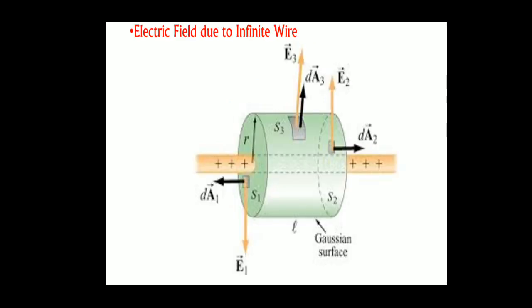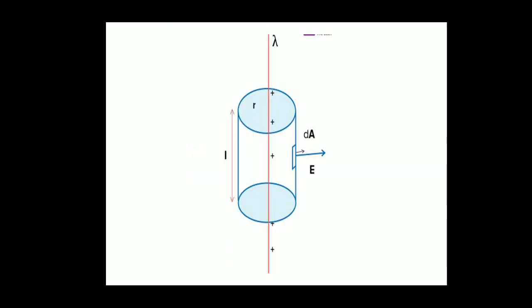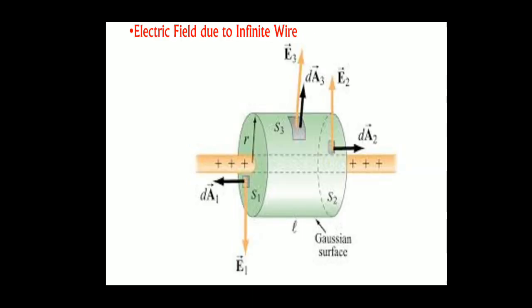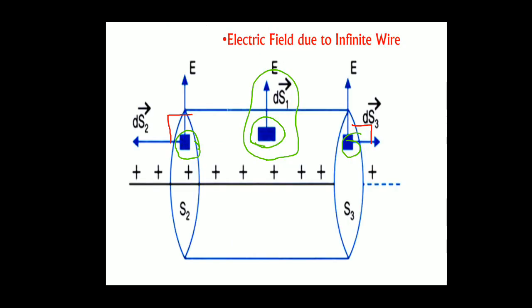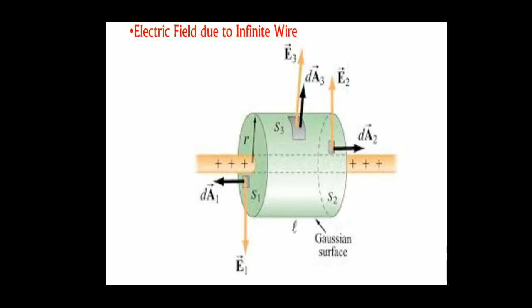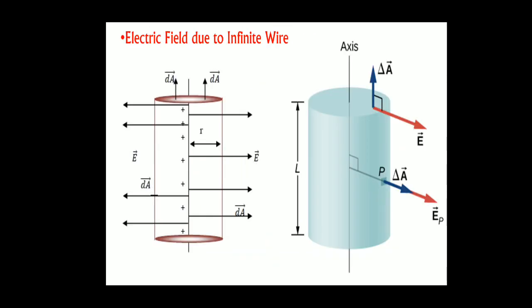In this, the cylinder's length is L, radius is R. Here also it is marked. The length is L, radius is R. According to your convenience, capital L or small l, any one letter, you can follow uniformly. Now are you clear? Now come back to the original diagram. Area and electric field: what is the angle between the two? 0. Good. What is the angle between electric field and area? 90. And this 90 is different from that one. I hope you are clear up to this.